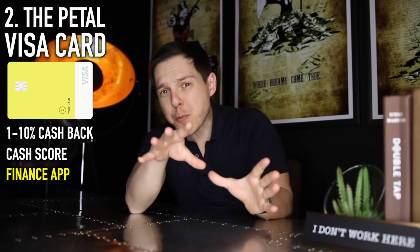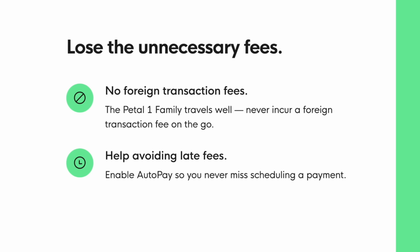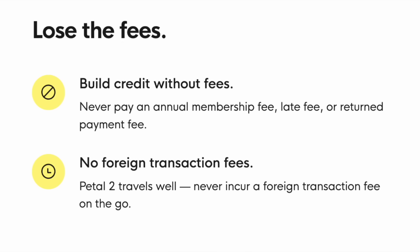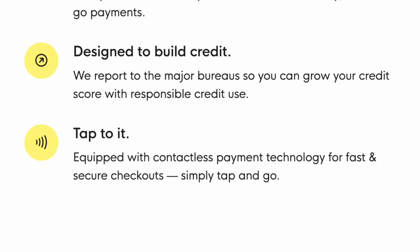The other benefit over the Discover It card is that the Petal Visa has no fees of any kind, including no foreign transaction fees. And on the Petal 2 Visa, no late fees, which, let's be honest, you shouldn't ever pay late anyway. It's also worth noting that they report your payment to all 3 credit bureaus,